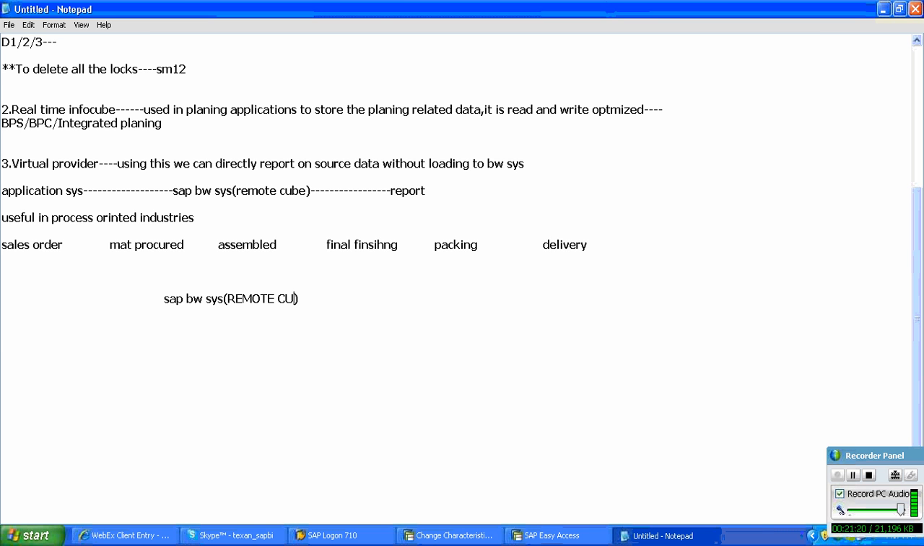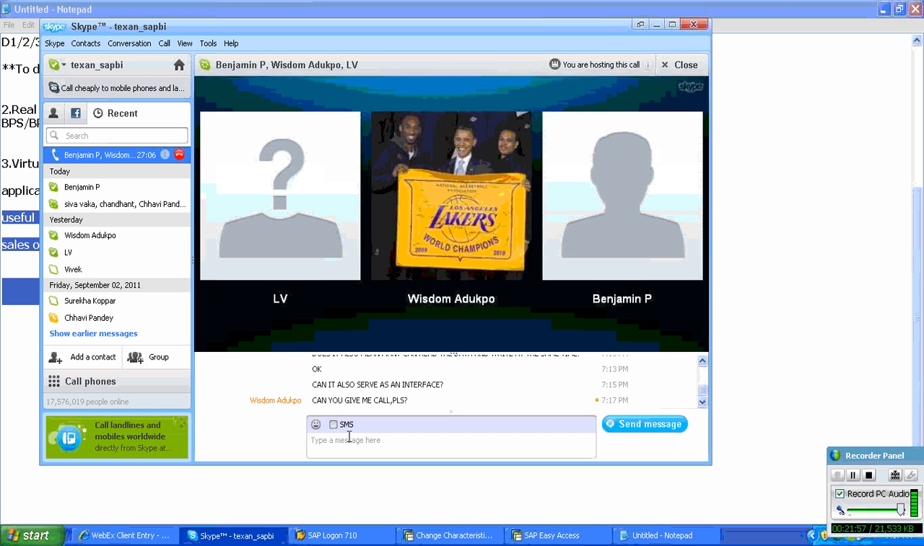Remote. So here we are going to use a remote cube or virtual provider. If the order is in material procurement, it's going to show you material procurement. If it is in packing, it's going to show you packing. If it is in delivery, it's going to show you delivery. Take a simple stock price. What happens? Every second it keeps on changing. So in that case, if I load the data and then report on it, by the time I report, the share price might have changed 1,000 times. The price might have changed many times. So in that case, instead of loading the data, directly reporting on